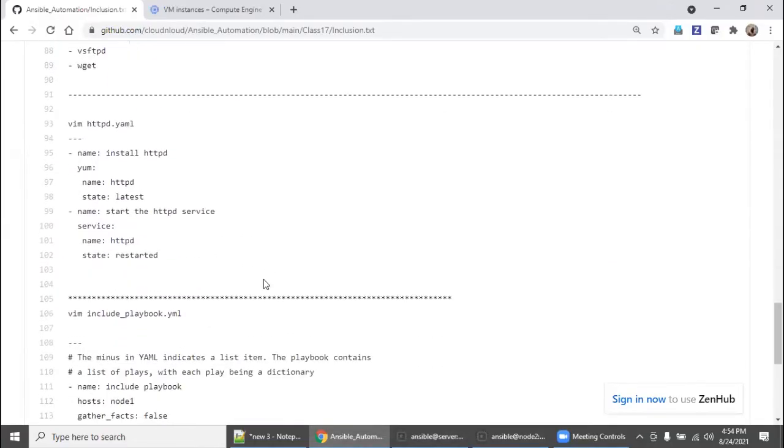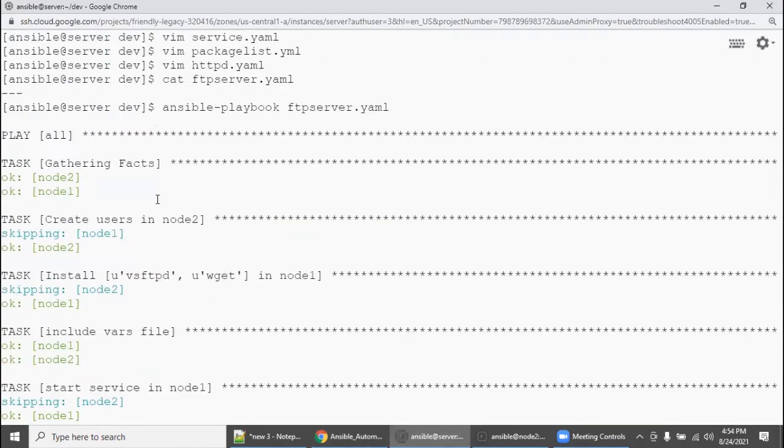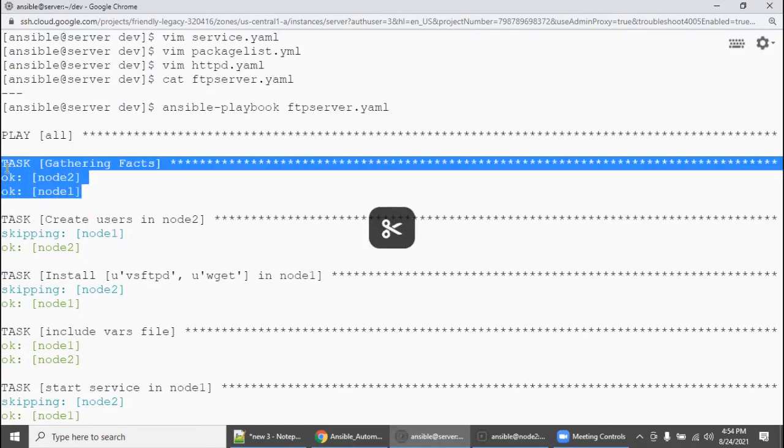Go down. There is an include underscore playbook.yaml. This example will also help you to understand. In this example, we are disabling the facts. Anytime you execute an ansible playbook, even though you haven't declared anything, the first task will be gathering facts.